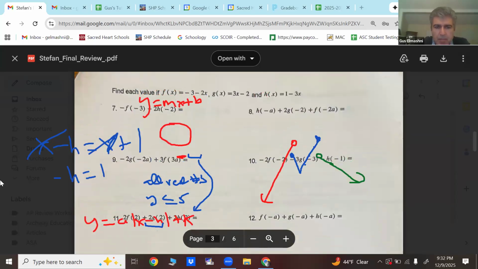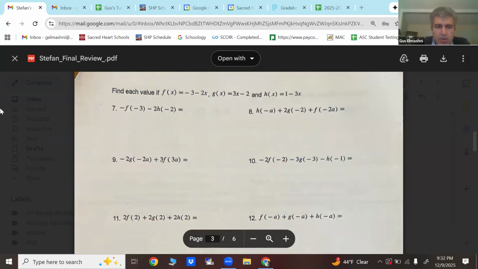Okay, let's talk about functions now. So these should be very straightforward. If you miss these, you're going to miss it due to carelessness, really, more than anything else. So remember, whatever's inside the parentheses, what you plug in for x, and the function for f is -3 minus 2x. But it's negative on the outside, so I'll put a negative bracket, -3 minus 2 times -3. I kind of protect it there. Minus 2 times the h of -2